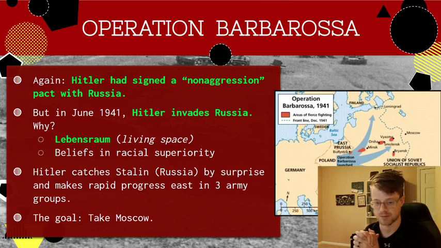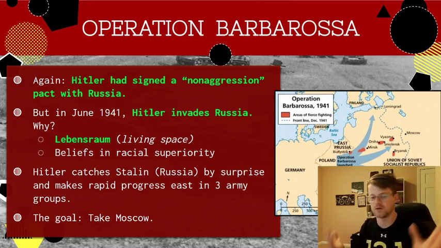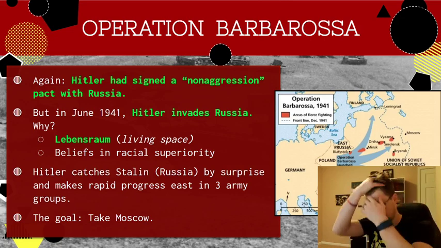So that brings us to what we're going to, in fact, talk about here, which is Hitler's invasion, Operation Barbarossa. Barbarossa, the nickname for it, is a massive undertaking. It's a huge attack. And again, you're like, wait, I thought the two had signed a non-aggression pact. Why the heck in June 1941 is Hitler invading Russia? It goes back to two or kind of three things that we mentioned earlier.